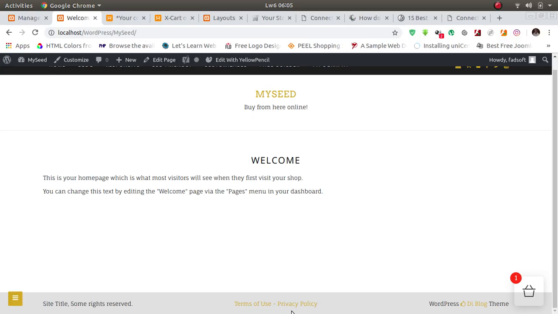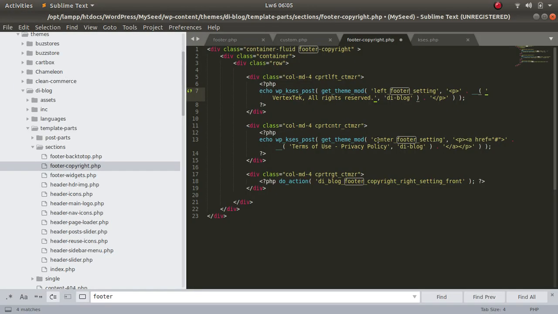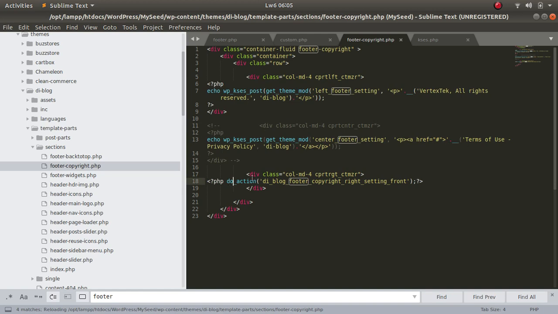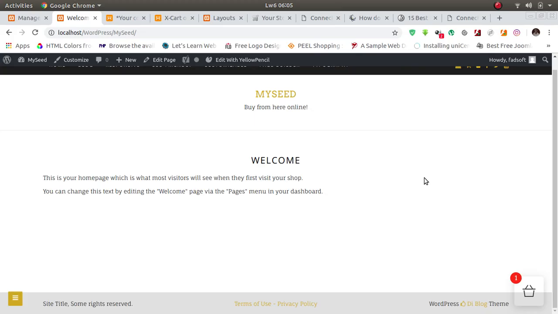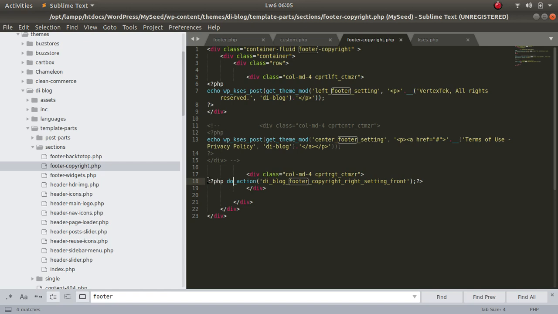Now we are going to this terms of use. If you want terms of use, you can leave it. If you don't want, you can remove them. What you have to do is just comment that one out, and you have WordPress blog theme, so you can also remove that.